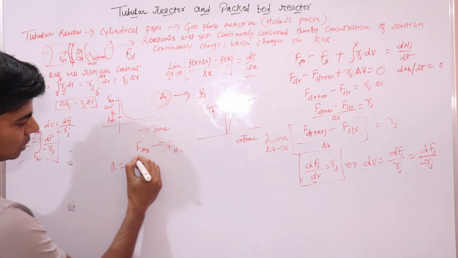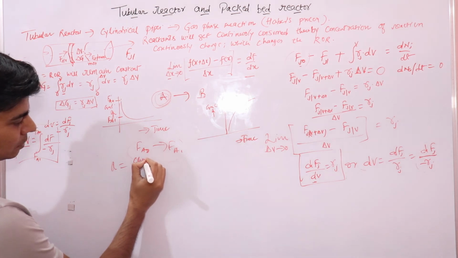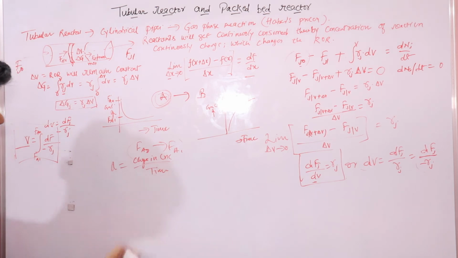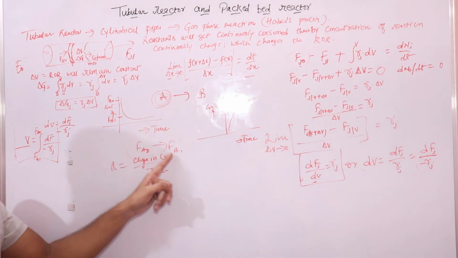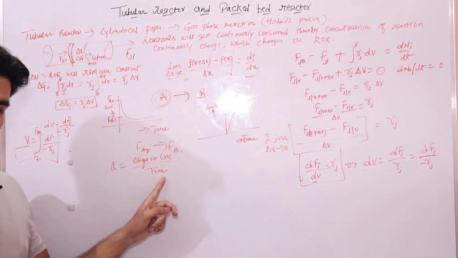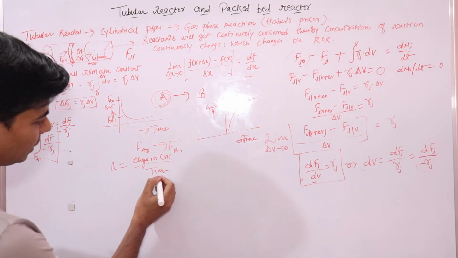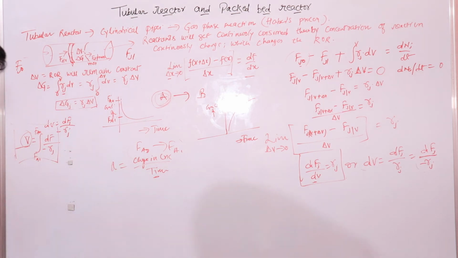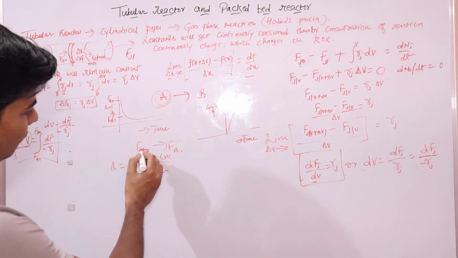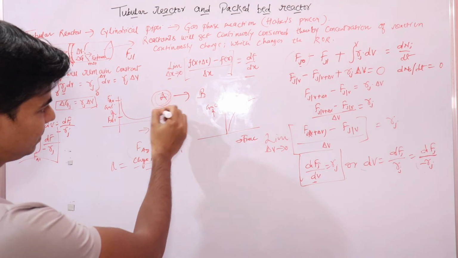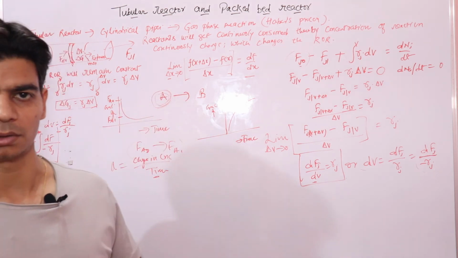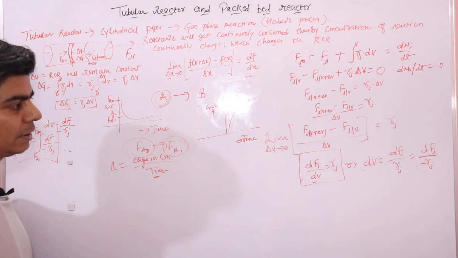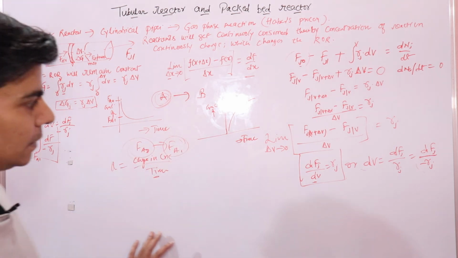Rate of reaction is change in concentration upon time. So once you know the change in concentration at different times, you can find the volume of the reactor required to convert the specified amount of reactants into products, which can be measured in terms of the reactant concentration at different times. I hope this is clear.